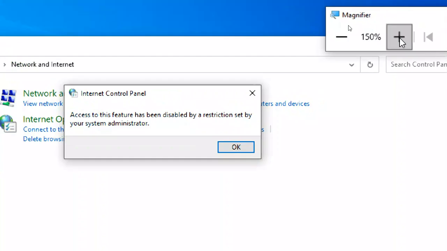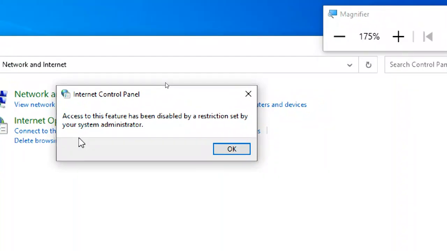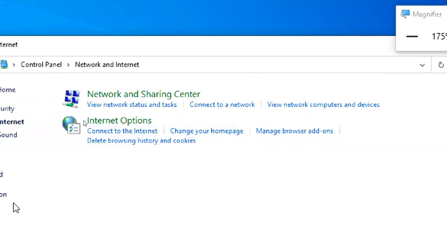Error means some notification. What is it saying? Access to this feature has been disabled by restriction set by your user administrator. So your system administrator set a disable on the home page. So obviously that general page is restricted. So you cannot go to that one.